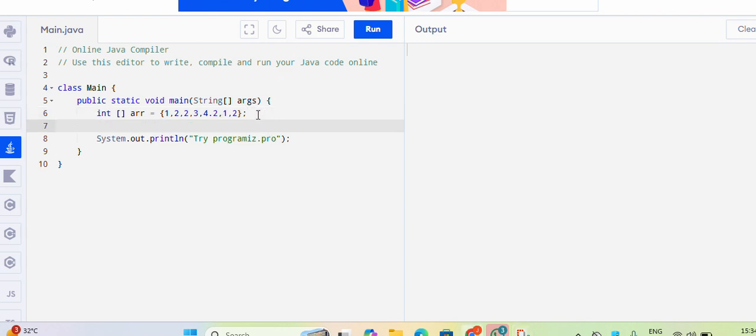Now you have to create a visited array, that is boolean array visited equal to new boolean array dot length. Then you have to